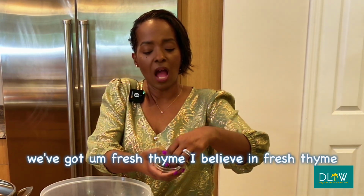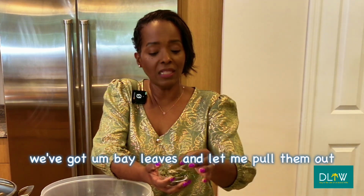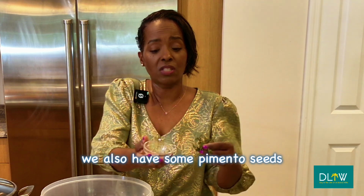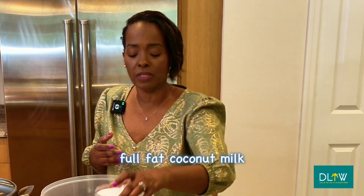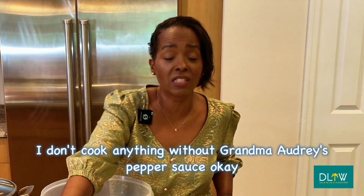We've got fresh thyme. I believe in fresh thyme. We've got bay leaves, and let me pull them out. We also have some pimento seeds. So to me, that's the trifecta that you've got to have in most of your cooking. Here we've got some coconut milk, full fat coconut milk, because I put coconut milk in my curry. Yes, I do. A little bit of sugar, and then y'all know I don't cook anything without Grandma Audrey's pepper